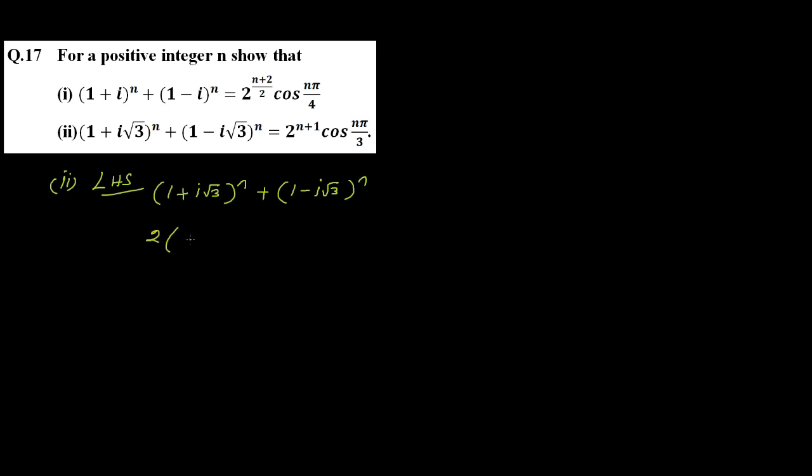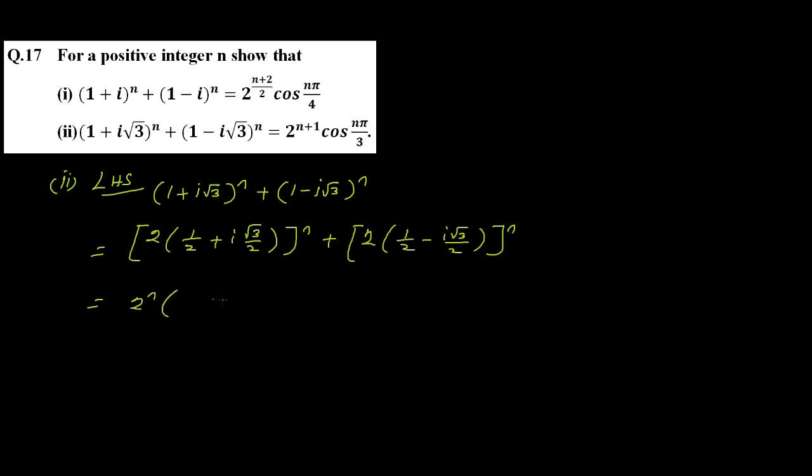So if I am multiplying by 2 and dividing by 2, that is (1 by 2 + i root 3 by 2) whole power n, plus, here again multiplying and dividing by 2, (1 by 2 − i root 3 by 2) whole power n. So this will become 2 to the power n into